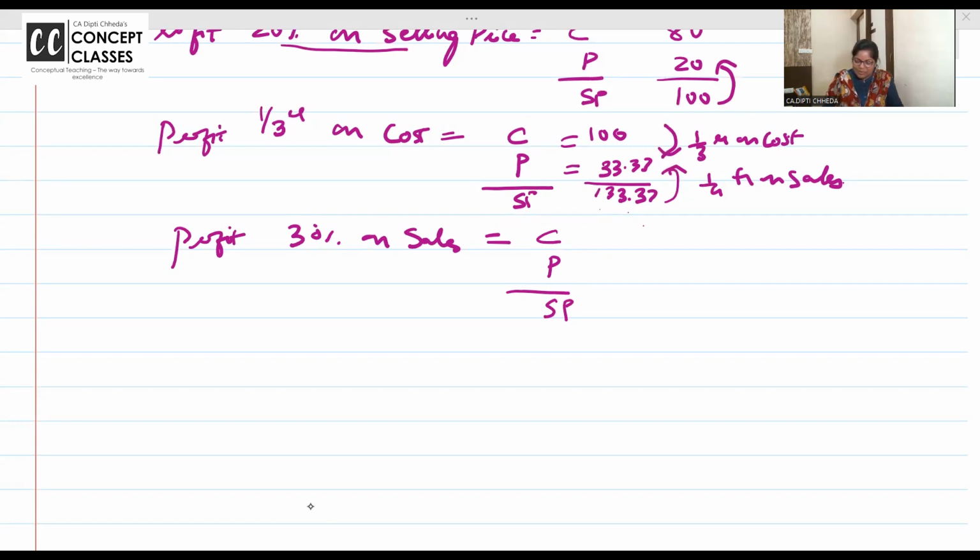If profit is 30% on sales, sales is 100, profit is 30, cost is 70. If profit is 30% on cost,